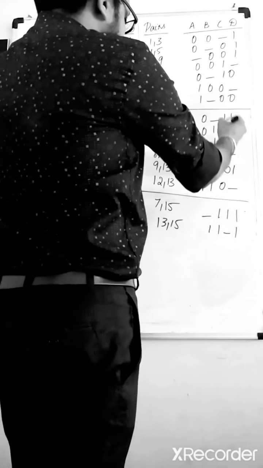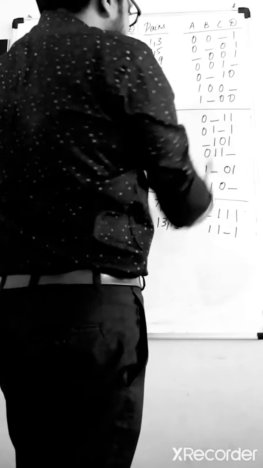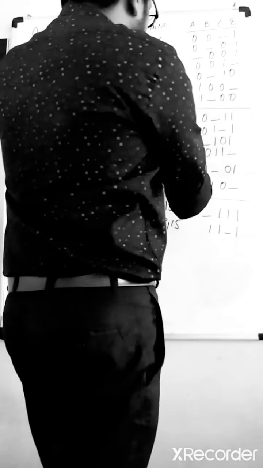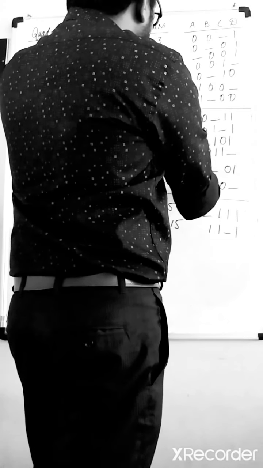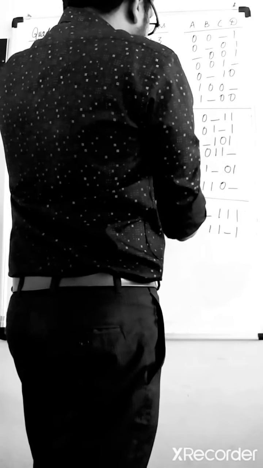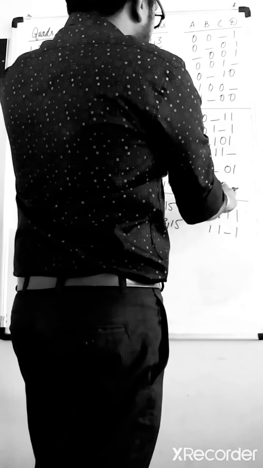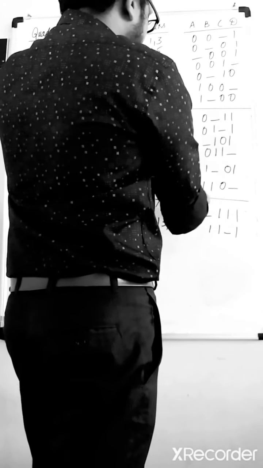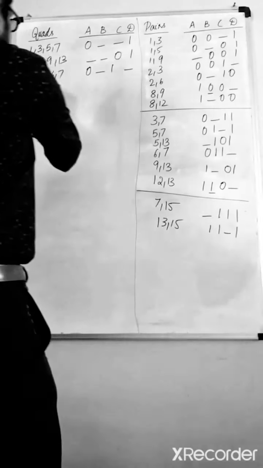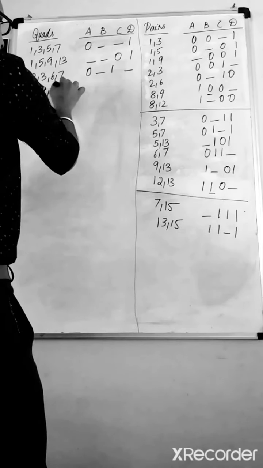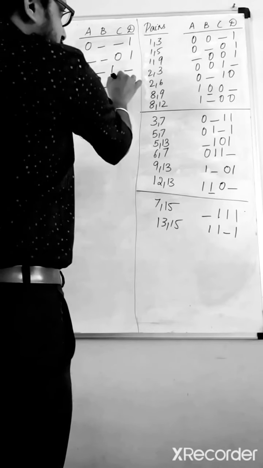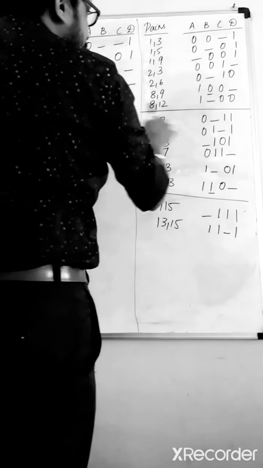Yeah, there is a bit position in this particular. 8 9, 9 13 is not possible. No. 8 9 12 13. We look for it. Yeah, there is a change in one bit position, so 8 9 12 13 can be taken. We write it as 1 dash 0 dash, right? Yeah, dash.